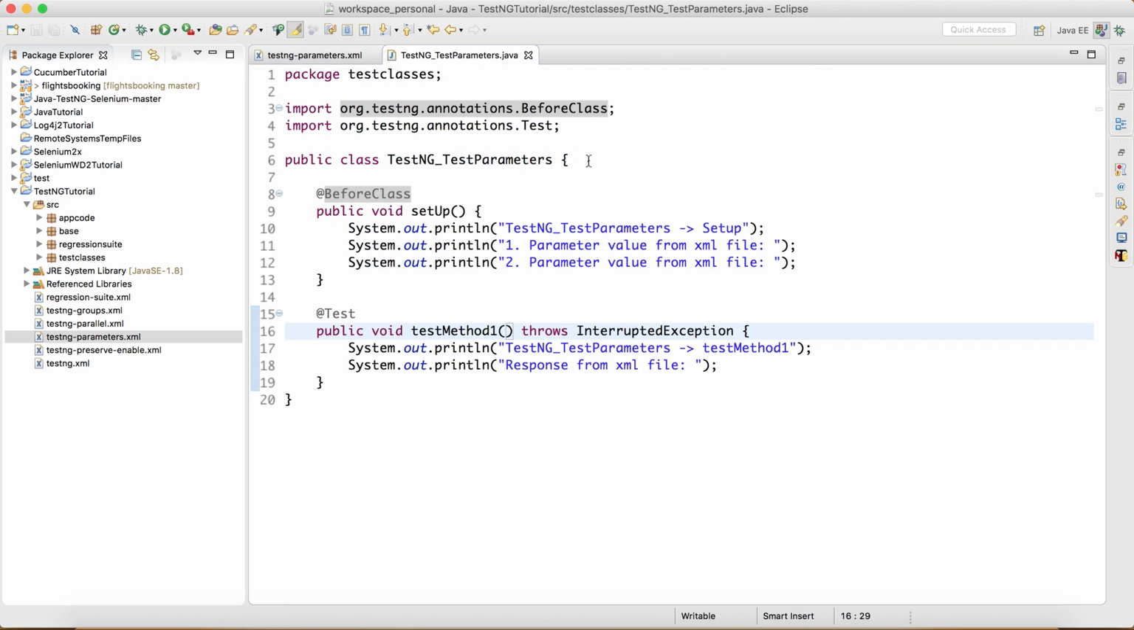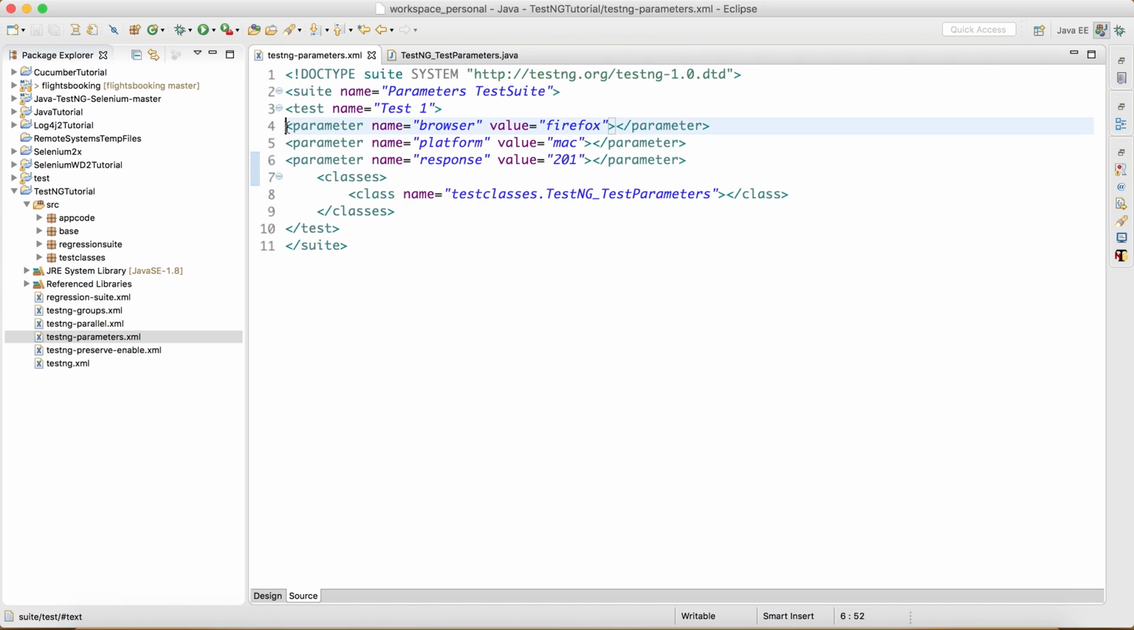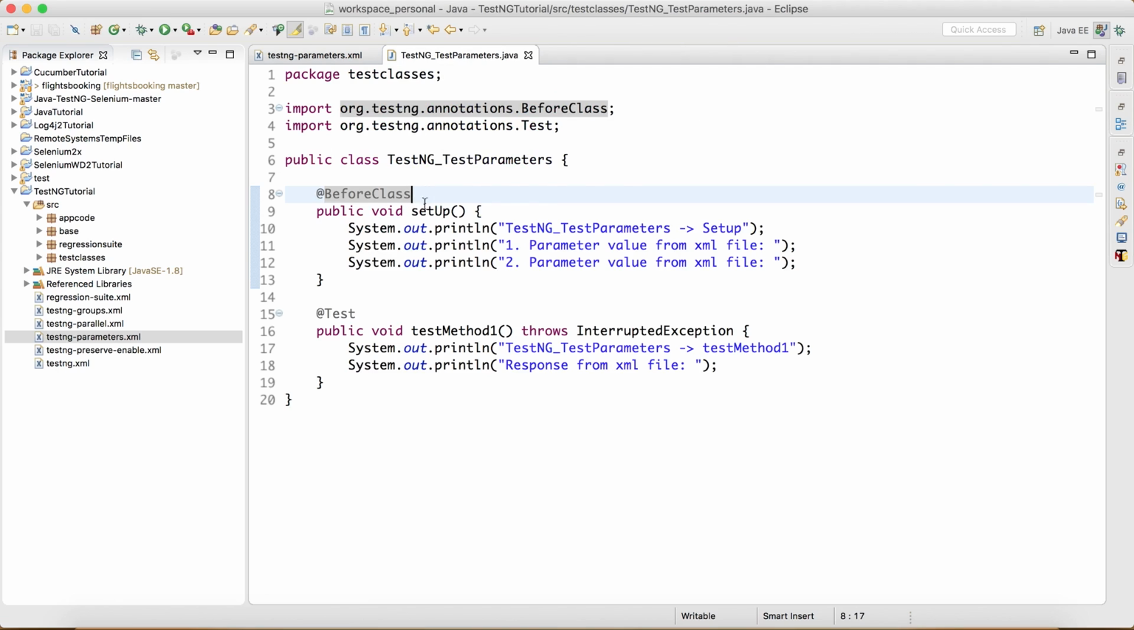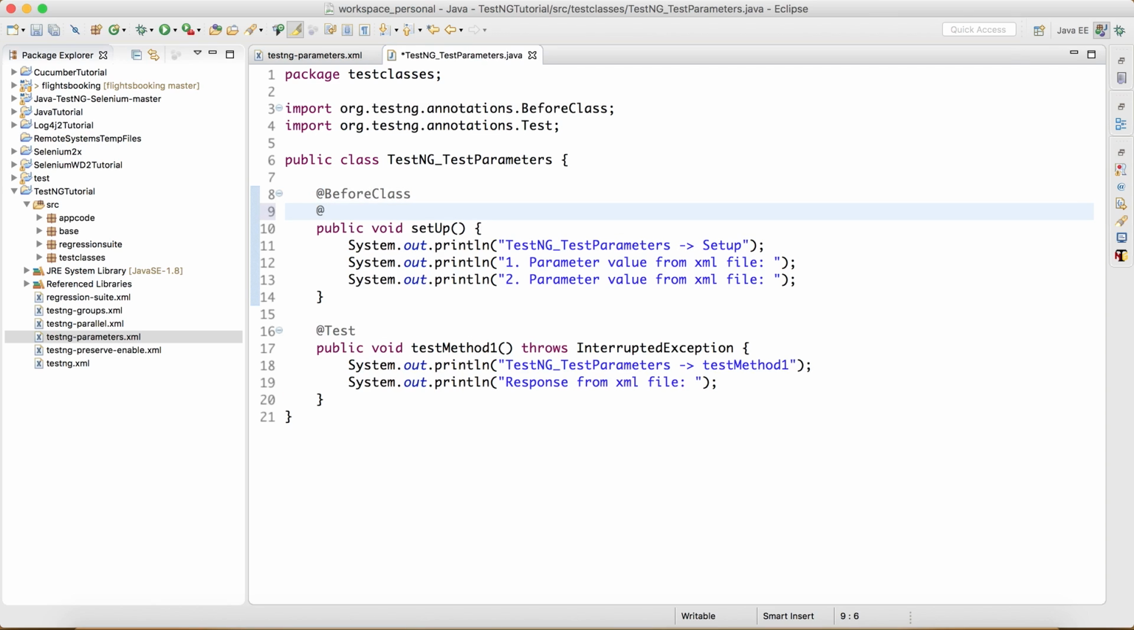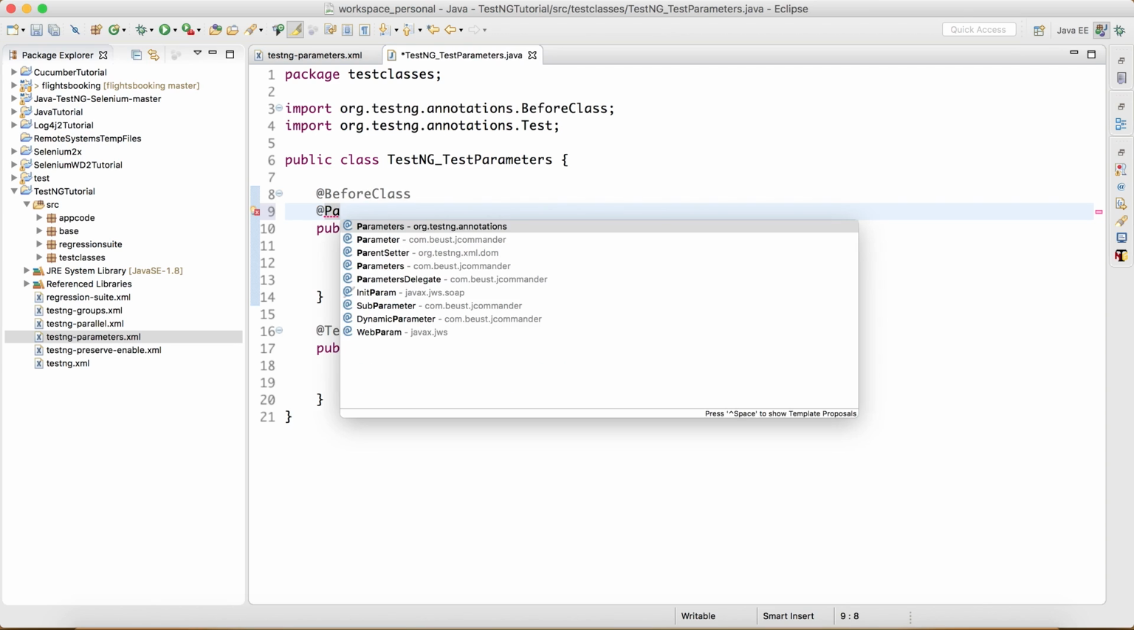Now we'll go to our test class. I have a before class and I have a test method. So let's say I want to read a couple of parameters, maybe these two, browser and platform, in the setup class. So basically in the setup method before class. Before doing that, we need to add one more annotation here. So the annotation name is parameters. I type PA and then hit control space. So it gives me all these options. So pick the one from